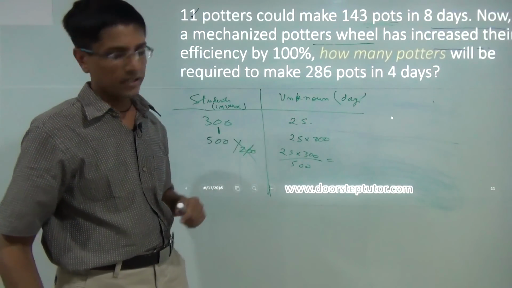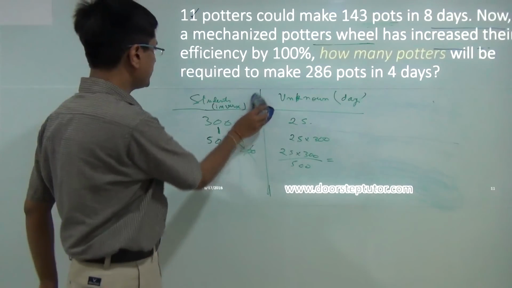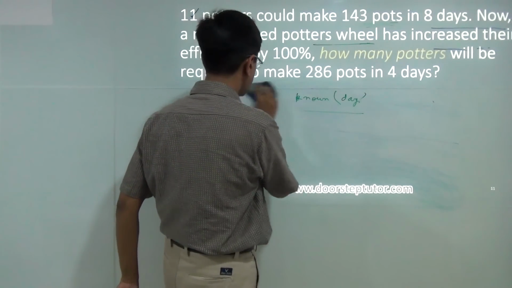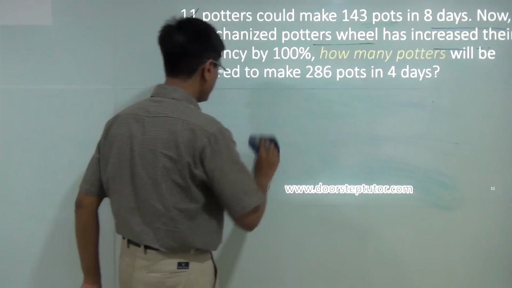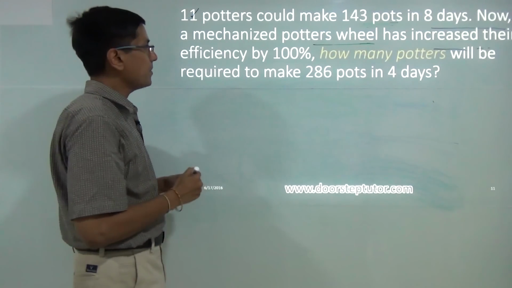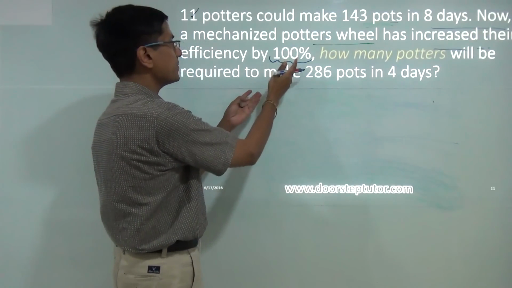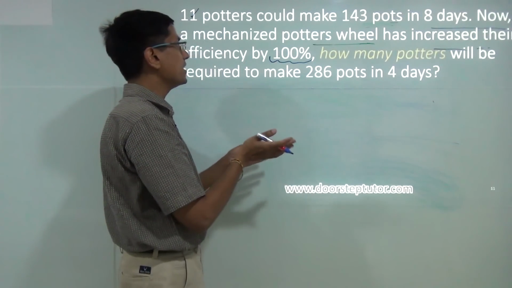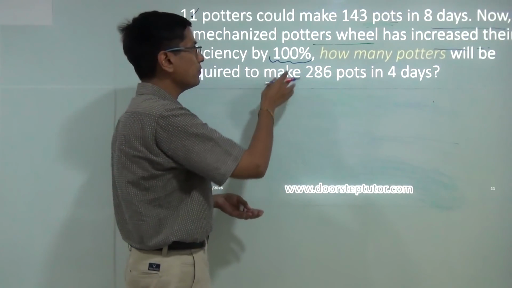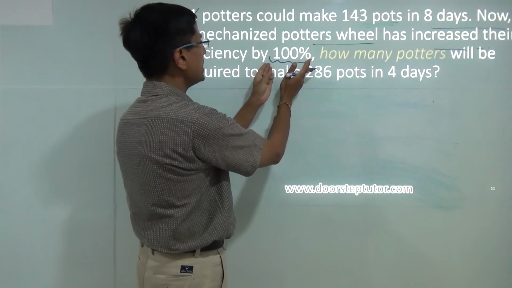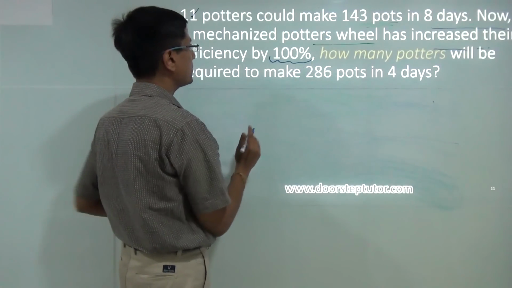Let's look at another problem. Here also there is a trick involved. Instead of directly giving us a value, the examiner has made this question a little tricky by giving us a percent increase. Right? So instead of 100%, it could have been 150%, it could have been decreased by 50%, and all of those other things. But you have to understand what it means when I increase the efficiency by 100%.